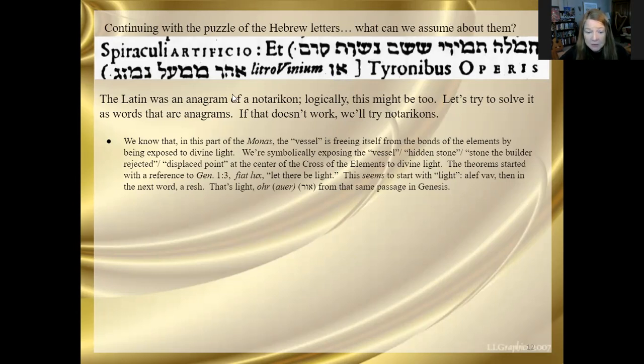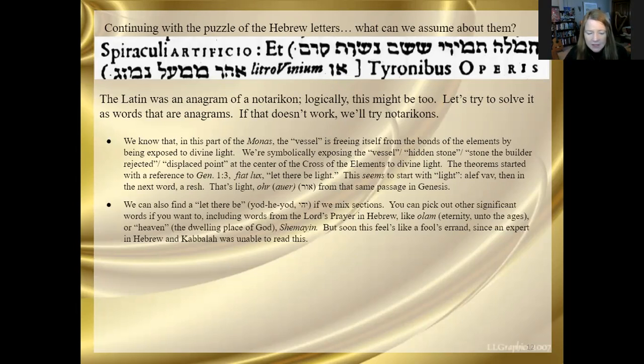And then it gets even better because over here we have a Resh. So we can move this, maybe everything around as an anagram, and we will have or, from that same passage in Genesis as written in the Torah. All right, that's great. It looks like we're going somewhere. We can also find a "let there be," which is just yod hey yod,